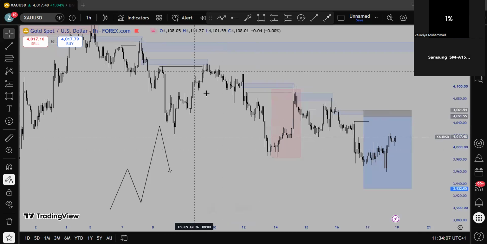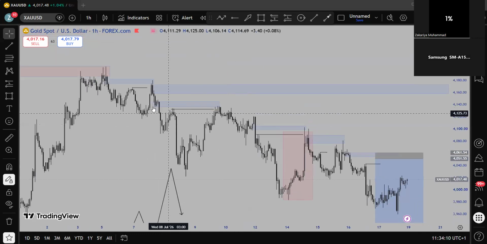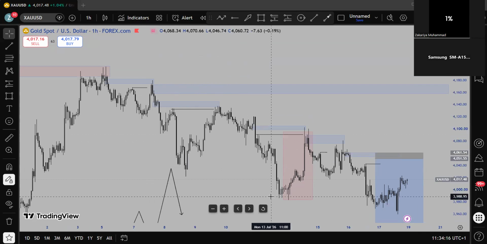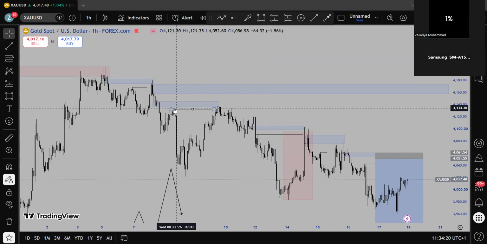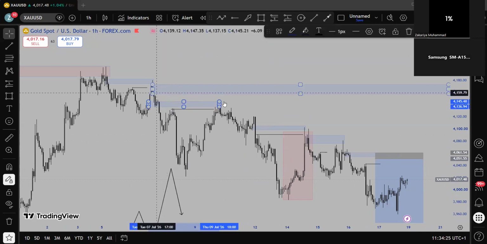What I mean by efficiently respecting structure is the market breaks down and gives you liquidity. Let's say the market did not come and take out this liquidity and started selling down. Even for the market to continue selling down, it should come and take out liquidity, grab an order, either this POI or this one, and continue selling down. And that does not make the market bearish.